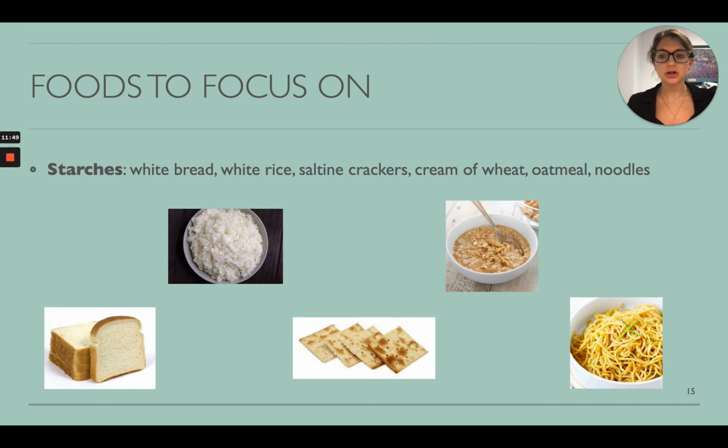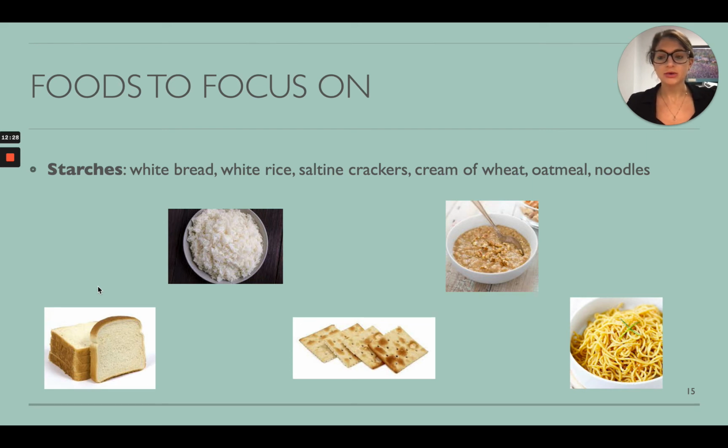And then for our starches that are easily consumed, so white bread, white rice, saltine crackers, cream of wheat, oatmeal, and then plain noodles. So as you can see, foods that are going to have a little bit lower fiber. So instead of doing brown rice or brown bread, which would be normally recommended for heart health purposes, the outer fiber layer can cause some additional irritation in the stomach during these acute phases of nausea and vomiting. And so again, focusing on more bland, easily digestible foods such as bread and rice, and even toast here would be fine,